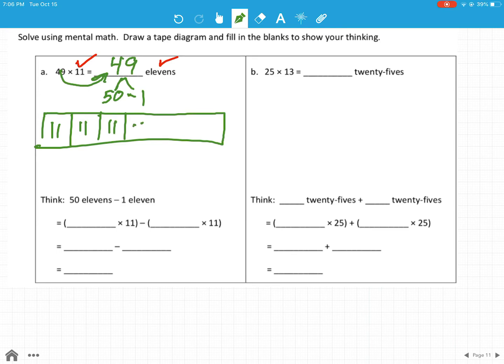But we can't draw all of those, so we're going to use dots to represent all the other ones. I'm going to put 11 here and another 11 here. This will be my 49th 11, and this will be the one that I'm going to take away. So this one is my 50th 11. Okay, as you can see right here, it has 50 11s and 1 11. We're going to take those numbers